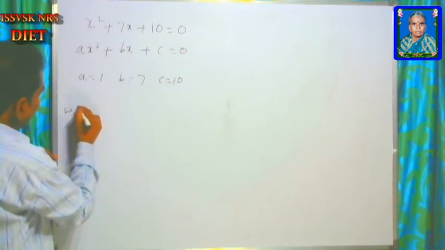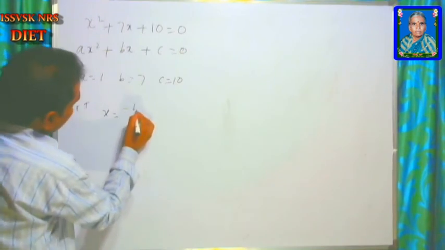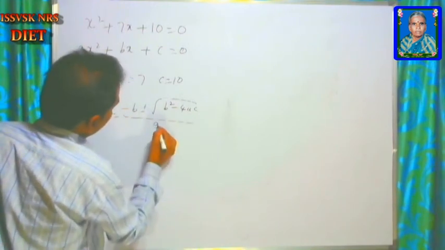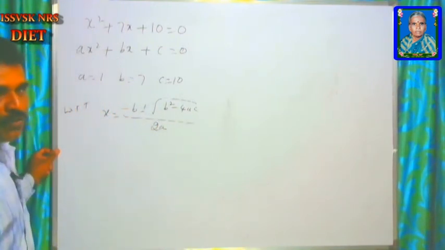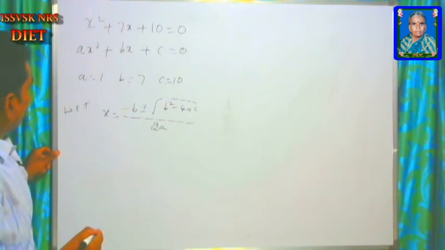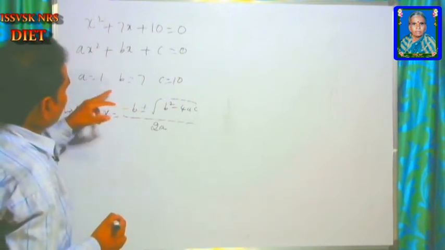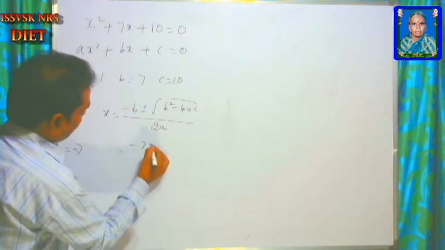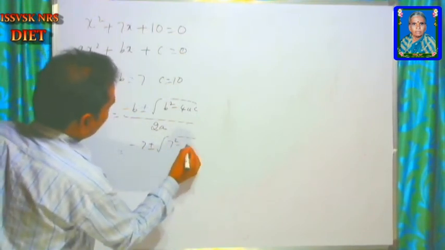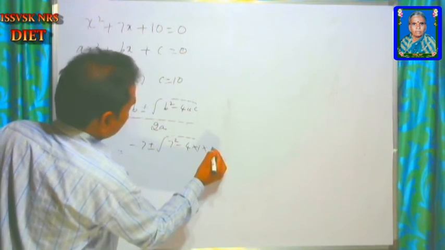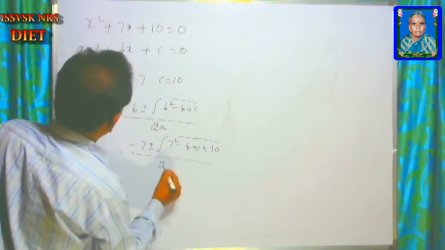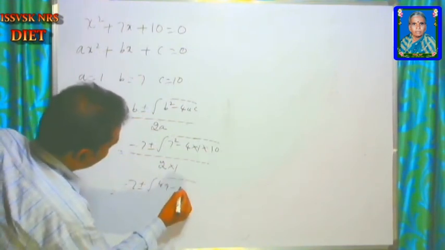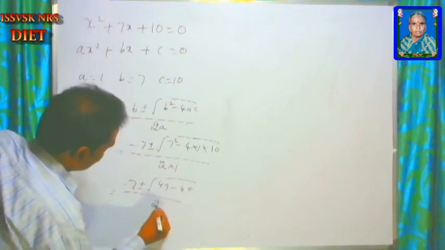We know that x is equal to minus b plus or minus root of b square minus 4ac divided by 2a. So this is the quadratic formula. By substituting the values of a, b and c we have, which implies minus 7 plus or minus root of 7 square minus 4 into 1 into c is 10, divided by 2 into 1, is equal to minus 7 plus or minus root of 49 minus 40 divided by 2,